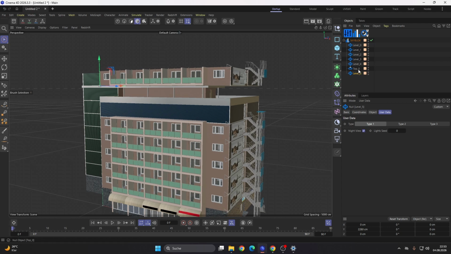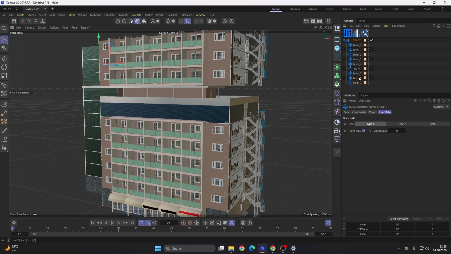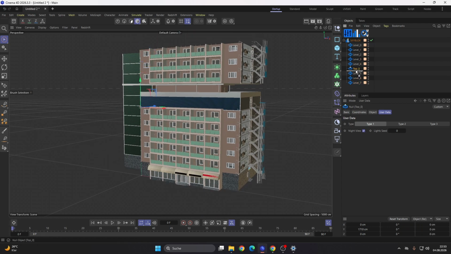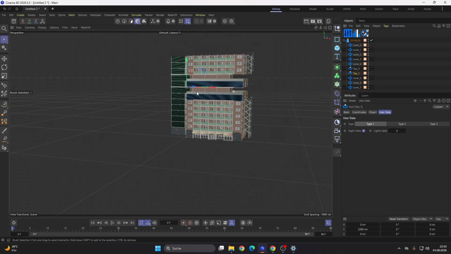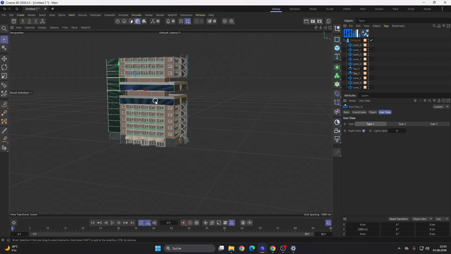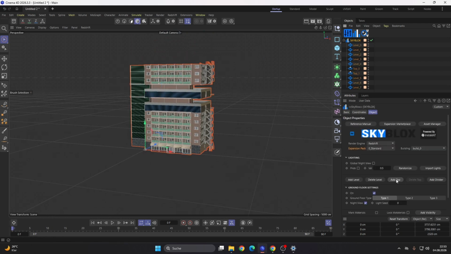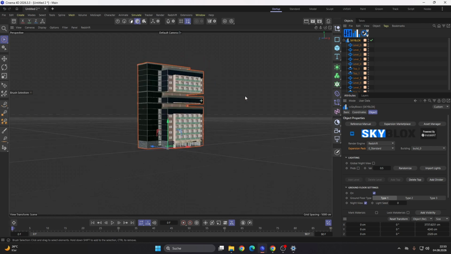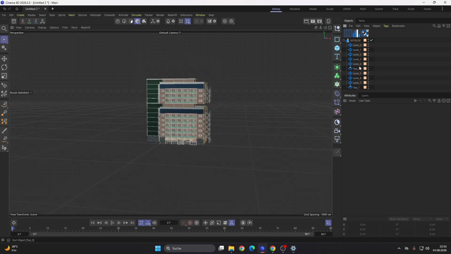So you can trick the plugin. You can also manually drag more levels or something, or add another top to this. Yes, so this could be cool from a distance sometimes, and then you have another top. And yes, so let's quickly delete this top here.